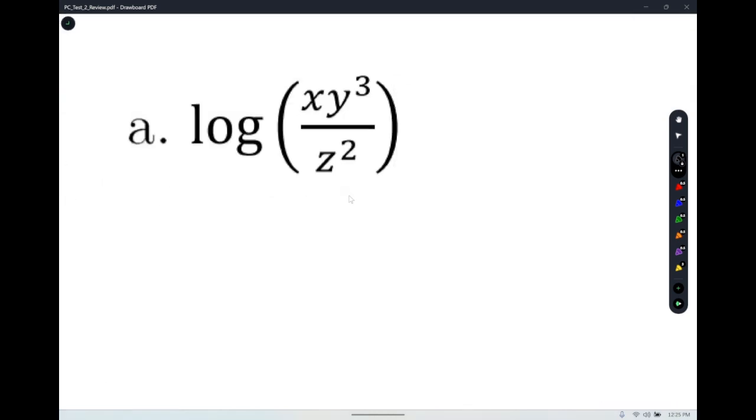You want to do division first? You want to do multiplication first? You want to do the other rules? I think we should do division first. It's touching everything. Like this multiplication sign is only touching these two things, right? And this cubic is only touching the y, and this squared is only touching the z. But this division is pretty much touching everything. So let's do that first. Let's go log